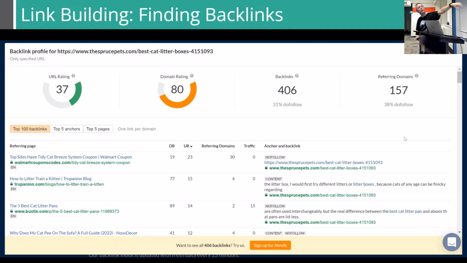Don't go after rubbish ones. So I probably wouldn't go after that one. It's a Walmart coupons code. Probably not relevant, and it's a no follow. But this one here and this one here, even though it's no follow, these are pretty good. Domain rating's pretty high. UR is URL rating. It's an Ahrefs thing, internal thing, from 0 to 100 is how they think. So those are pretty low, but yeah, it gives you a starter for 10. So you can scan down those and see if you can reach out to any of those website owners, you can get a backlink to that with your new content.